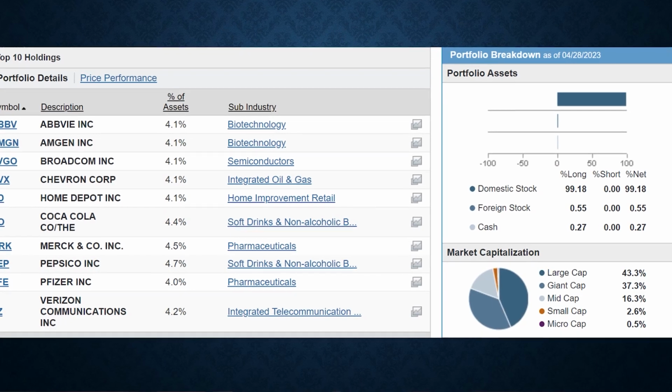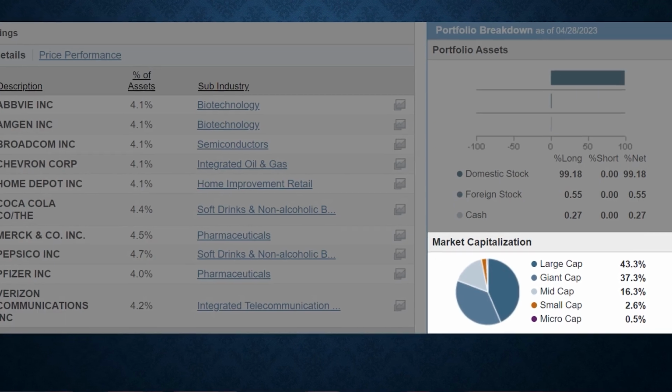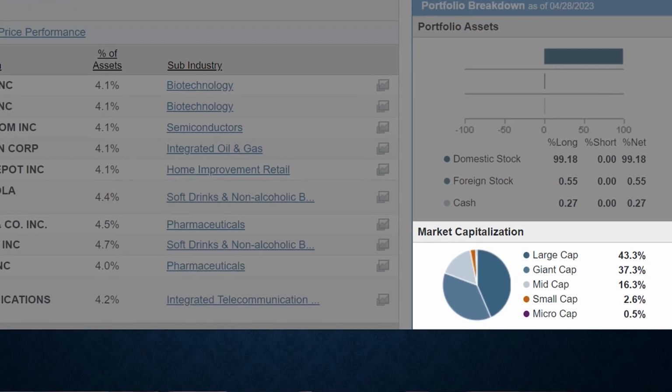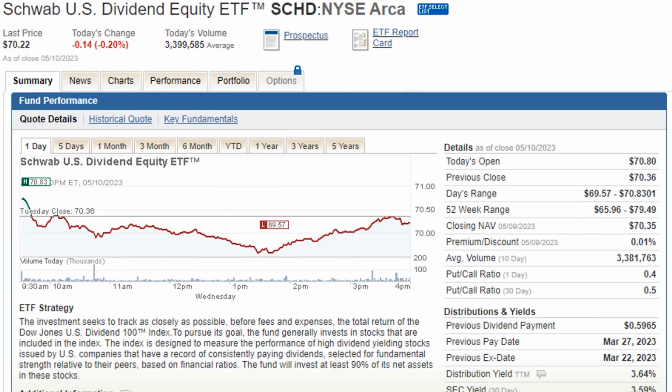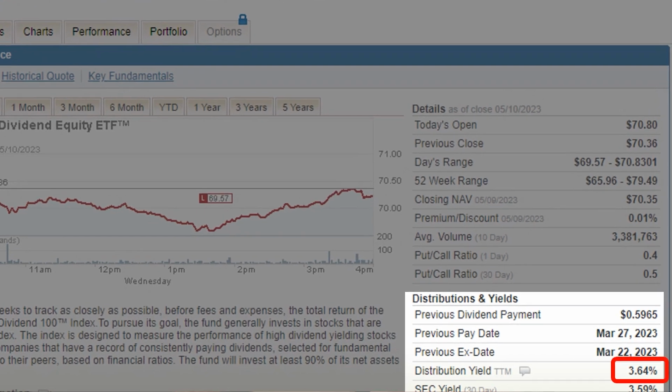These companies might not grow quite as quickly, but they tend to be extremely reliable and predictable with strong cash flow to match that lower volatility. They do have less than 20% in mid-cap, small-cap, or micro-cap. Because these companies are predictable and have steady cash flow, their dividends are solid. Here we can see SCHD is hovering at around 3.6% on an annual dividend yield.